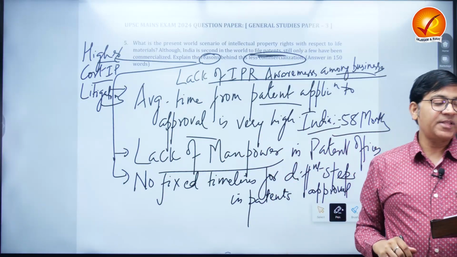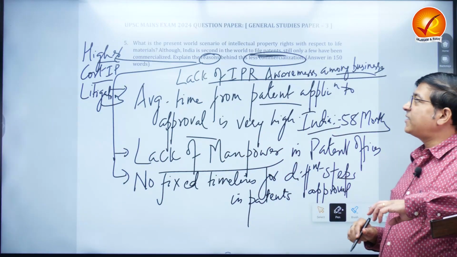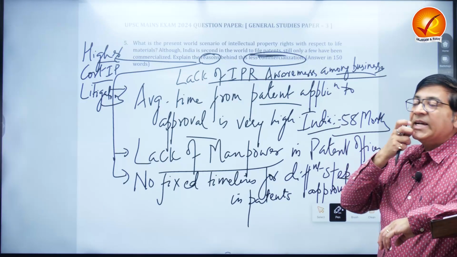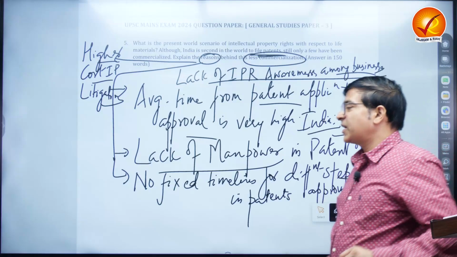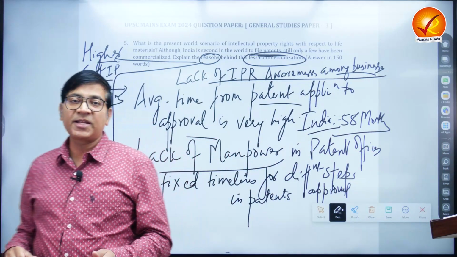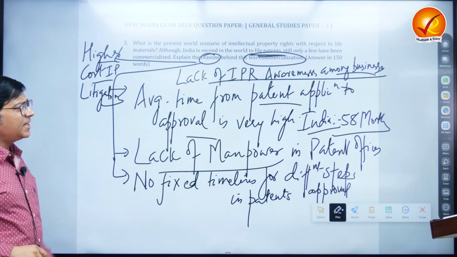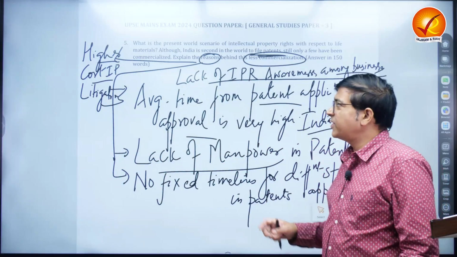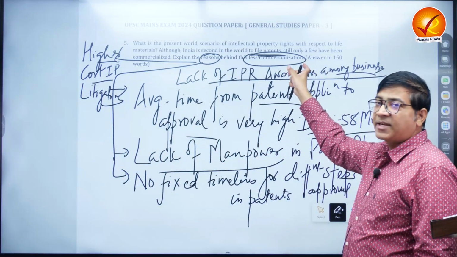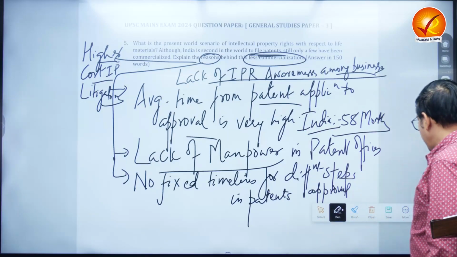There is only about 3% of patents which get commercialized, which is a relatively low figure compared to countries like US or China. So I think that would be enough to write around 70-75 words, which was required for the second part. Let's move to our next question,